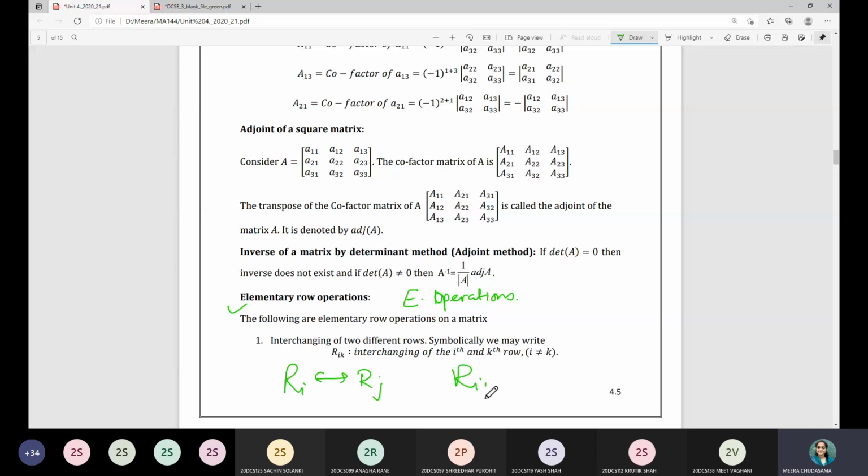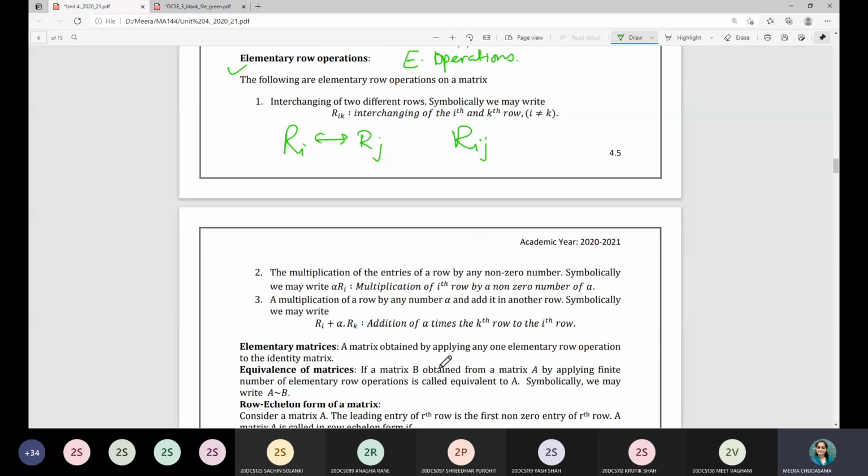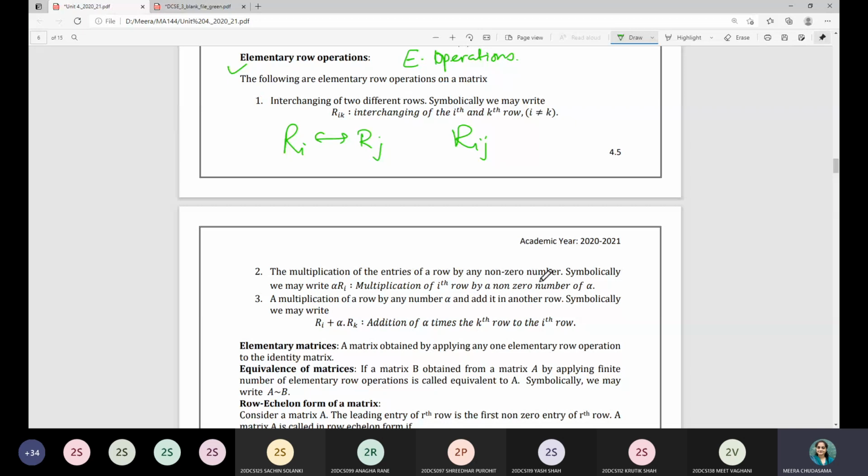You can use either of these symbols. Then the second one is multiplication of the entries of a row by any non-zero number, where alpha is any non-zero number, and if I multiply it with the ith row, then the symbol is this one. And then if you add it to some other row, that is the third E operation. So these 3 are the operations, and if you perform any one elementary operation to the identity matrix, then it is